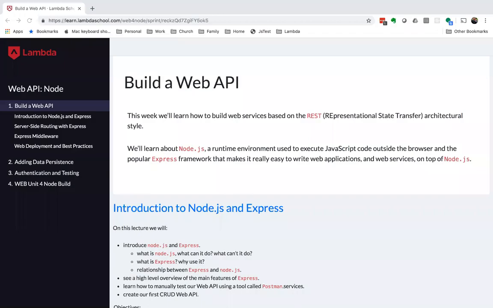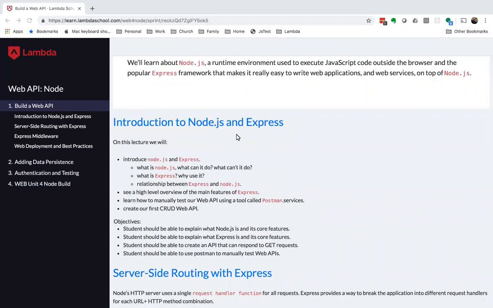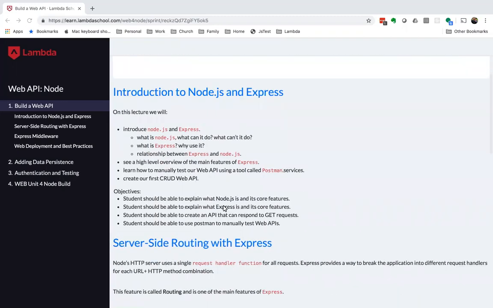We will be talking about how to build an API. And tonight we're going to talk about Node.js and Express, and we'll go through those topics. You can see the objectives here. We want to explain what Node is, explain what Express is, and then be able to create an API using